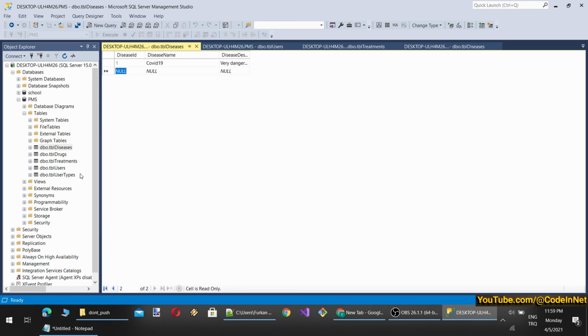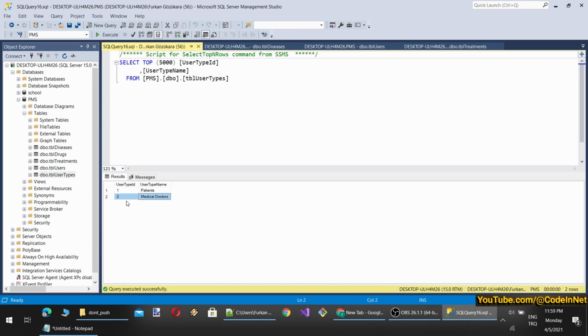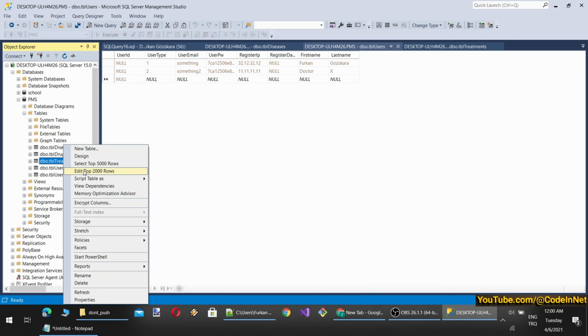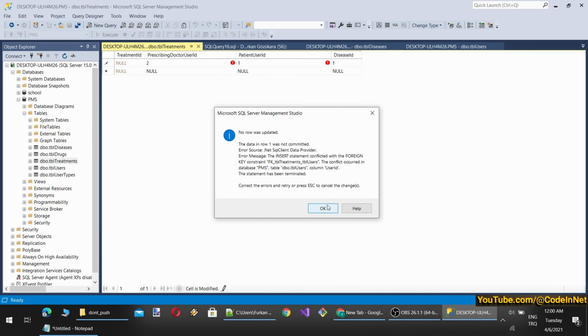Okay, now I have an ID and I also need another user, because I currently have one patient, so I also need a medical doctor. Let's add another user. User type 2, something 2. Let's copy the same. Okay, doctor, whatever. So this is the doctor. Now we can add a treatment. The treatment ID will be automatic. So the doctor ID will be 2, patient user ID will be 1, disease ID will be 1, and okay,